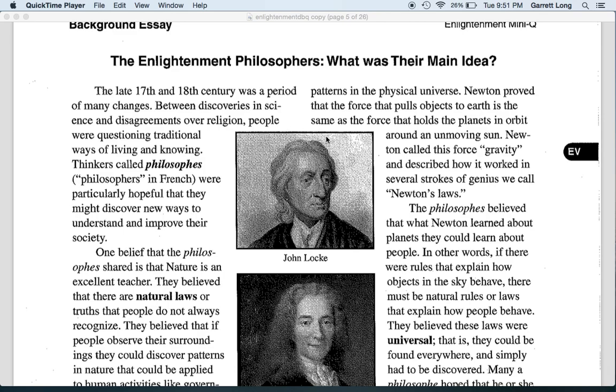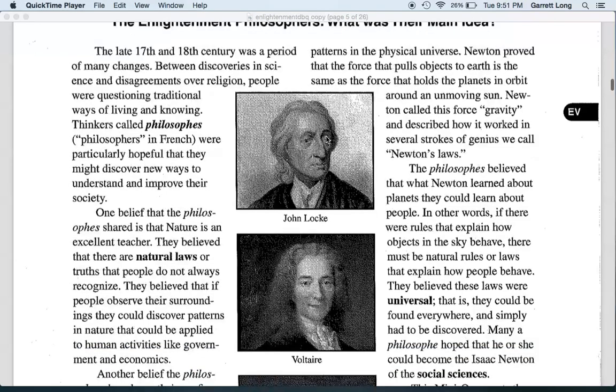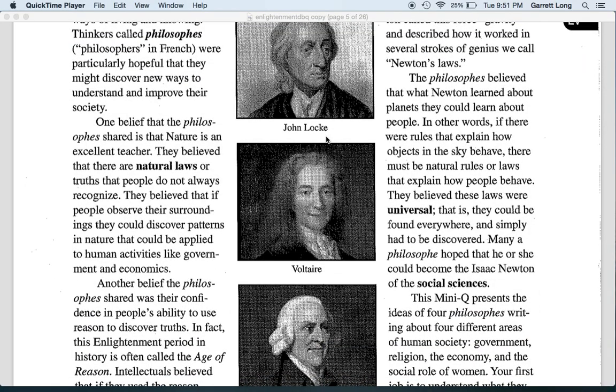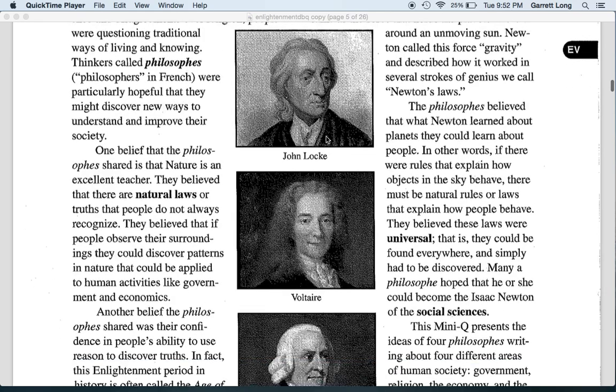So we are going to go ahead and we are going to stop there. And we are going to move on to our first document. But we're going to stop there with our